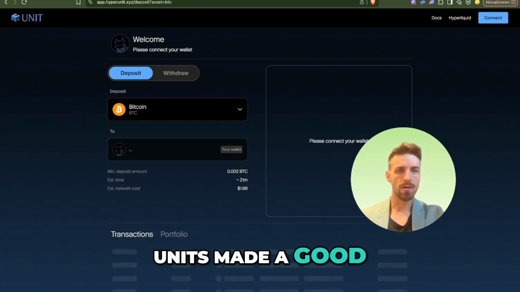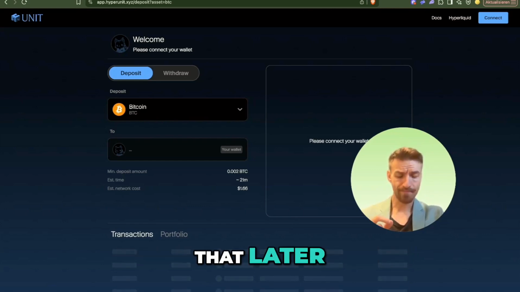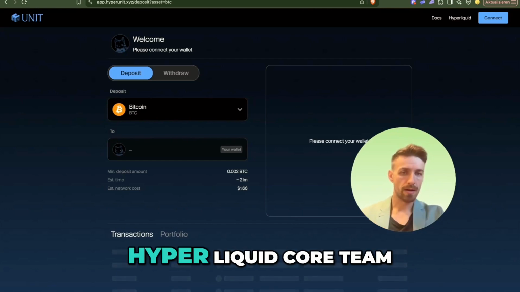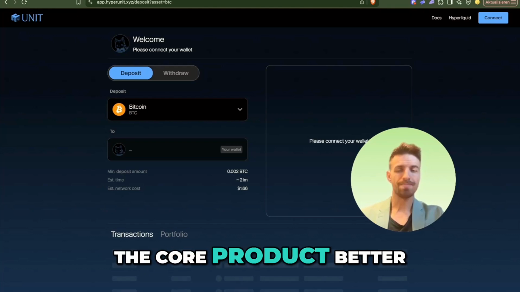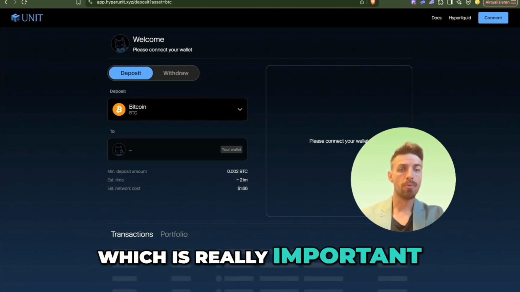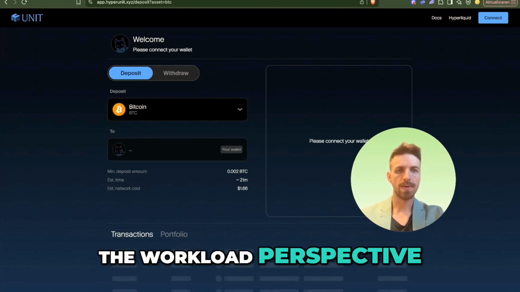Unit made a good amount of fees since they launched, and we're going to talk about that later. Basically, they do the spot markets. The Hyperliquid core team focuses on making the core product better. They don't need to do anything themselves, which is really important, not just from the workload perspective, but